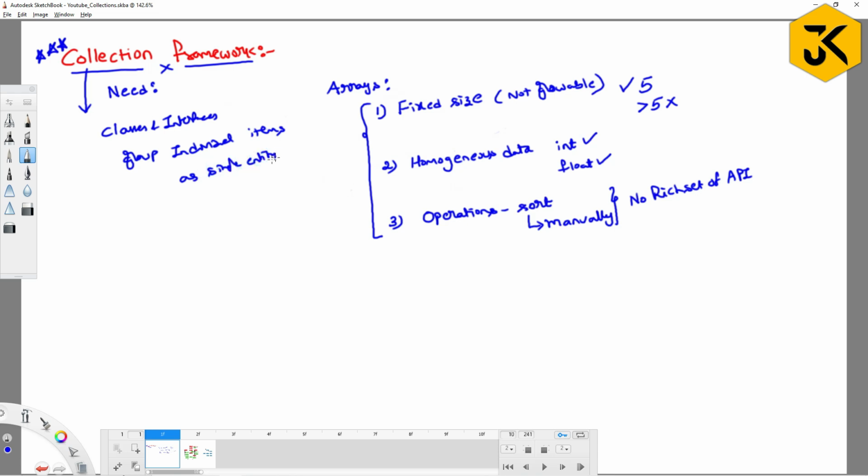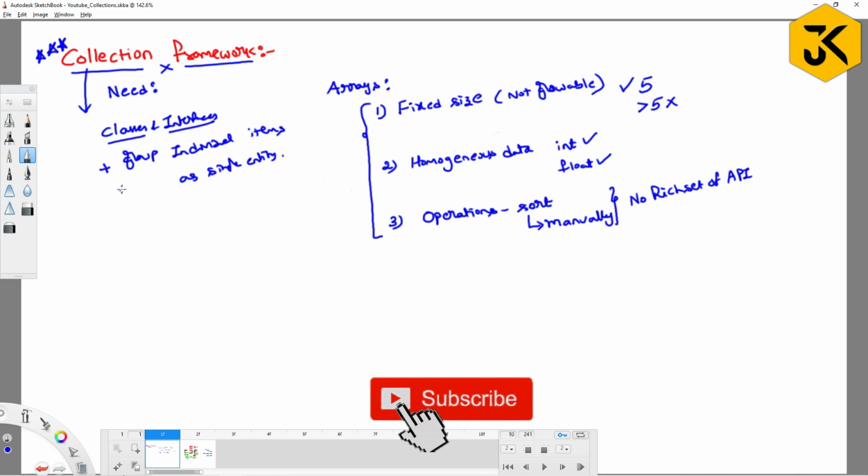That's it. Collection framework is a collection of classes and interfaces which are used to group individual items as a single entity. It is going to have various kinds of classes and interfaces, and with the help of those classes and interfaces, we can perform various kinds of requirements.